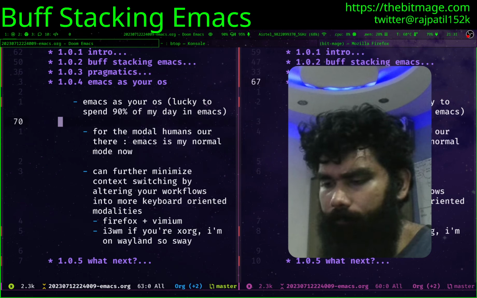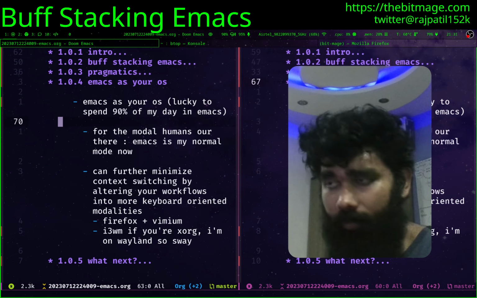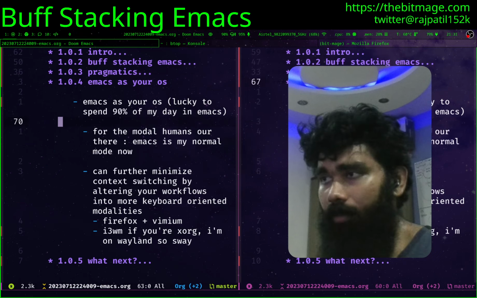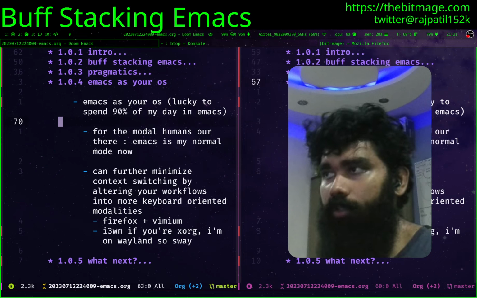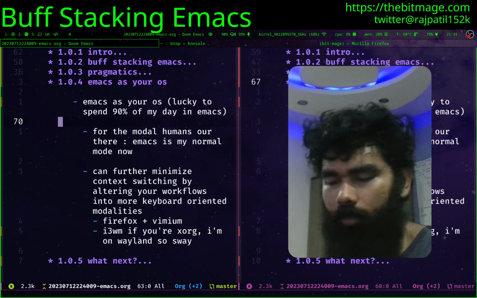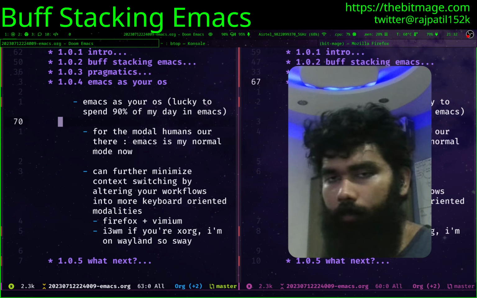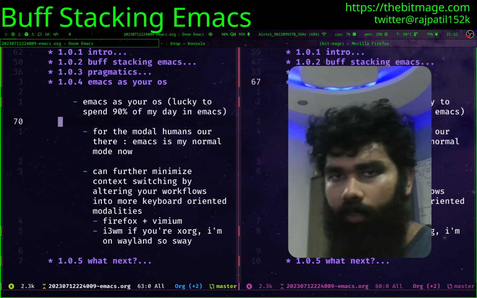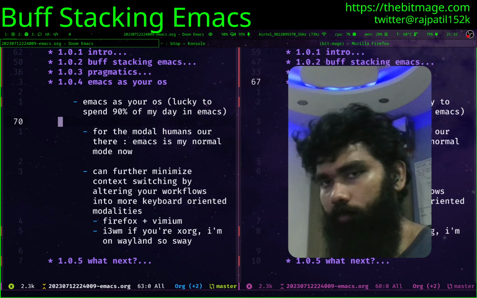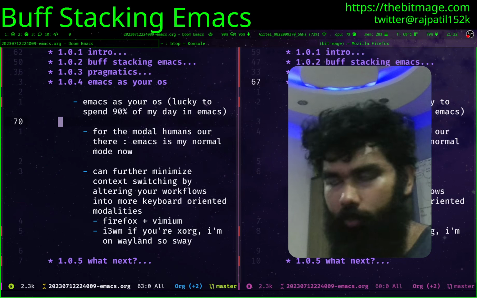The rest of the 10% of how I spend my time: I'm a modal person right now in terms of how I use my system. 90% of the time I'm in Emacs with my normal mode. Anytime I get out, I get subbed in and get back into Emacs. So Emacs is actually the headquarters where I dispatch